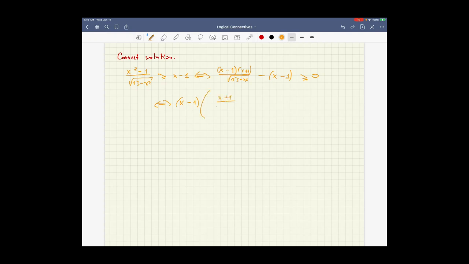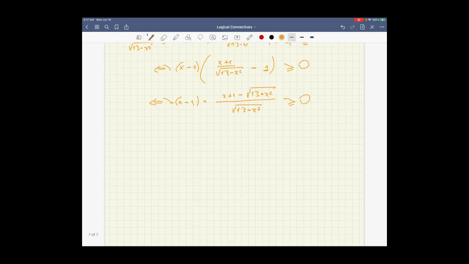So what's left in parentheses is x plus 1 over square root minus 1. Or we can find the common denominator. Now, we have a product of two things,